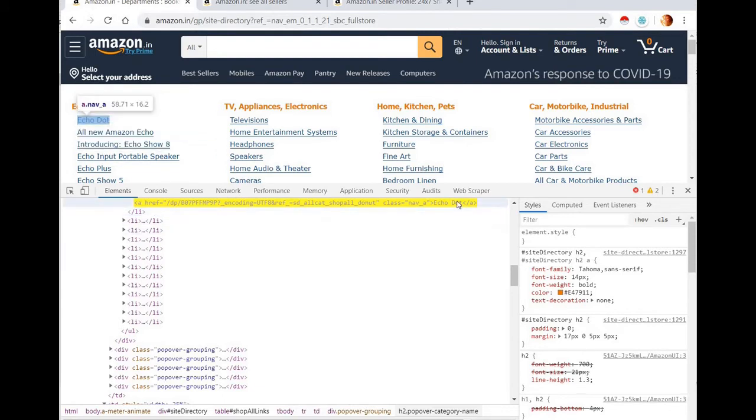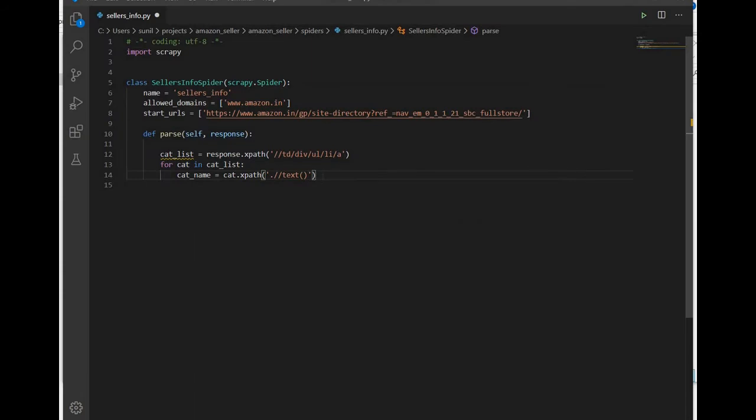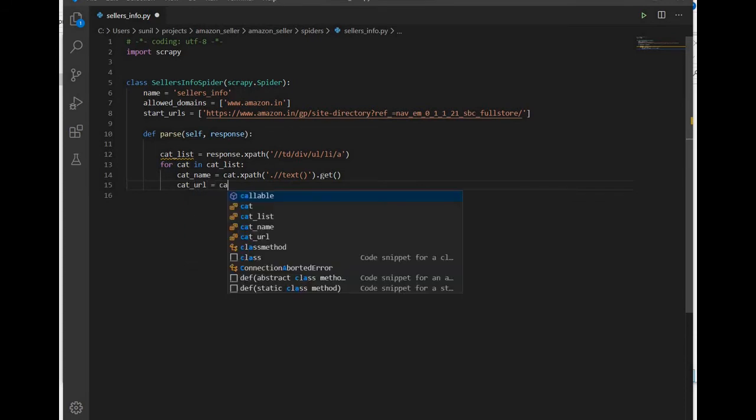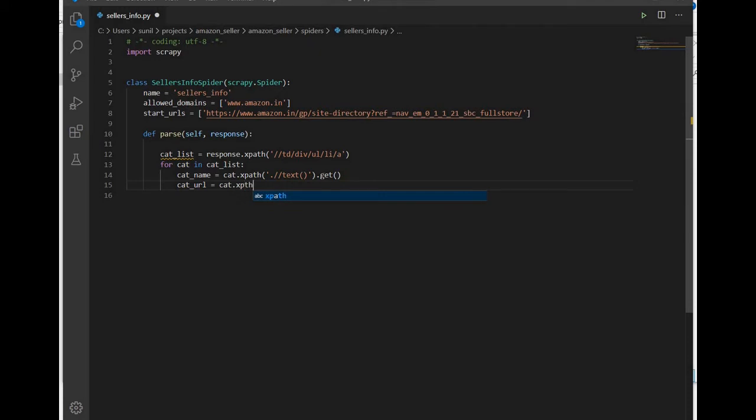So for the name I am just extracting text, and href for the URL. So this is text dot get, and then category URL is equal to cat.xpath and href.